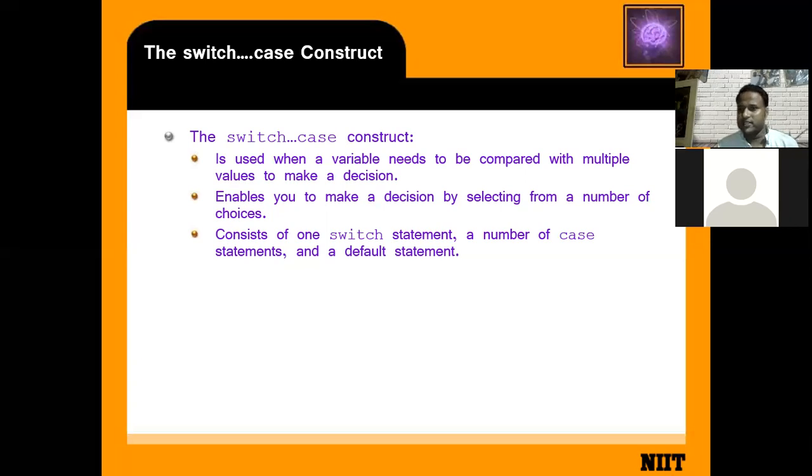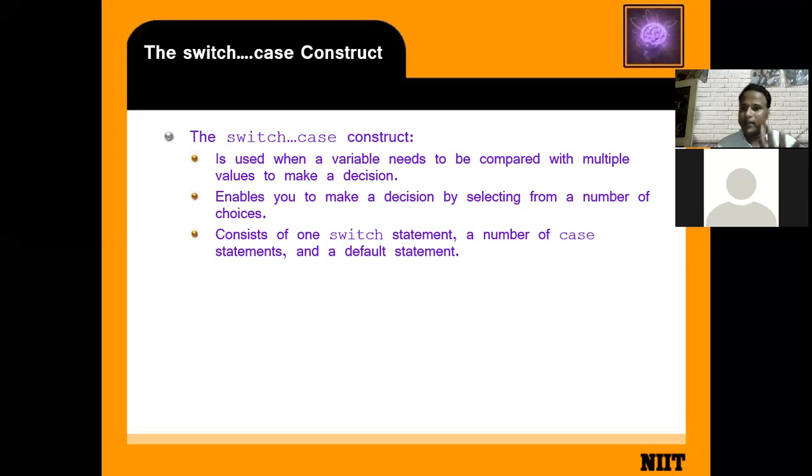Okay, and switch case is saying that suppose I'm going to the restaurant, so I will check whether the item that I need is present or not. If that item is present, then I order. If that item is not present, then the restaurant manager or the person present there tells you that today this item is not available, but today's special item is available, so you have it. The switch case is just like that.